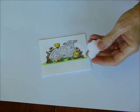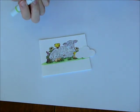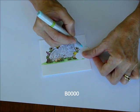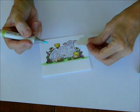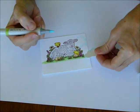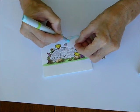In your kit, I have punched out clouds, and what you're going to do is use this as a template and lay it down on your card. I've got B with 4 zeros, and I'm laying it down, and I'm just going to start on the cloud and pull up. And then I'm going to go ahead and move the cloud, and I'm just going to keep doing this, and it's going to give it the look of clouds. I'm actually going to come down here, and you want to go all the way down to the grass line, and you want to do all the way across the top,